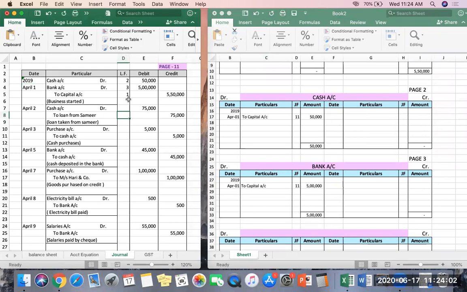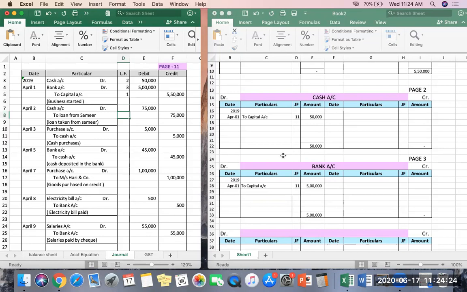But I'll tell you one more thing to your delight, that this is only to explain what I have done. Otherwise, you are not going to use it anywhere. When you are writing your exams, you have to just make the column, but do not write anything. That is not needed. It's only for the explanation purpose I have done this.